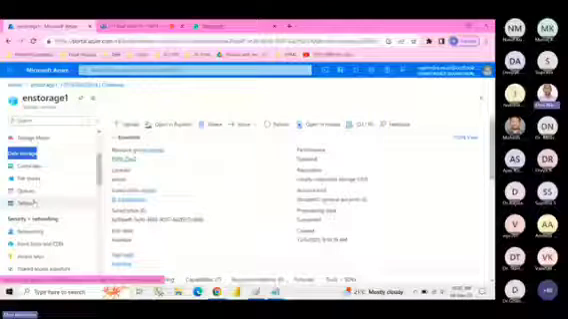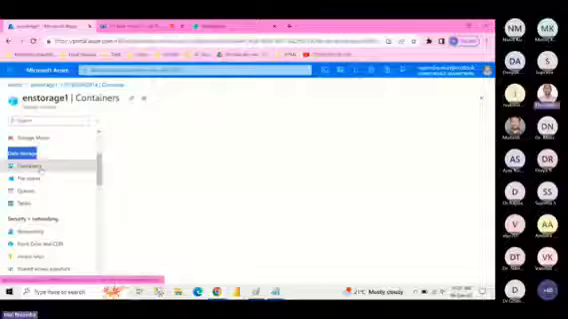This container is a place. Container is a place where